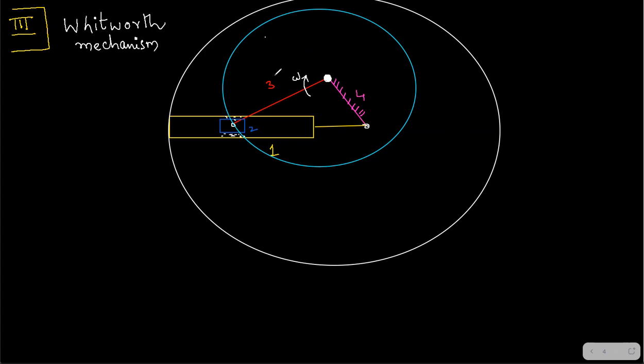Now the other extreme position of the cylinder, where are you going to get it? To have a better visualization, the same diagram I am going to draw in the next page for calculations.